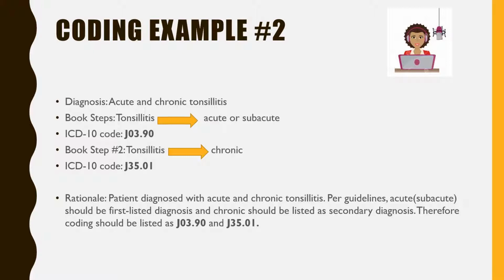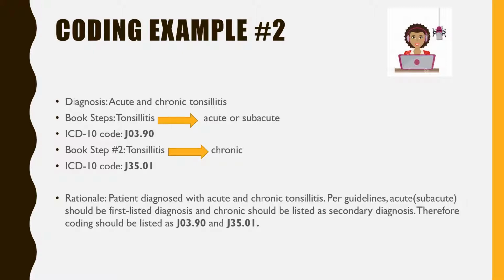So in our second coding example, the patient is diagnosed with acute and chronic tonsillitis. So in our book steps, we're going to identify or locate our main term, which is tonsillitis. And again, acute and chronic describes the type of tonsillitis the patient has. So again, we're going back to our first book step. We're going to locate tonsillitis, and then we're going to look or drill down for our indentation of acute or subacute. And hopefully by doing so, our ICD-10 code should be